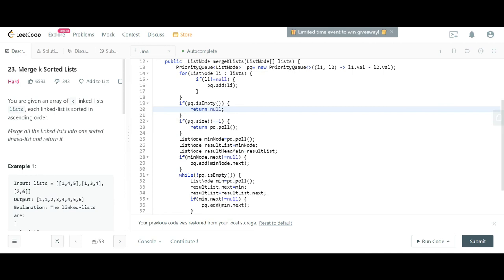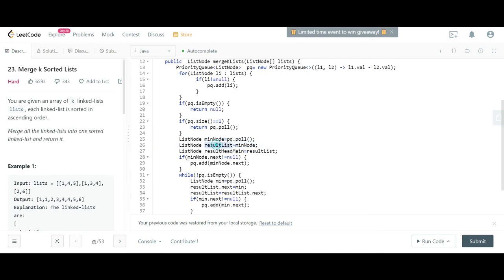Now the actual part will start, where we get the minimum node by doing a pq.poll. Means we pop the first element. So that will be our minimum one from the heap. And we will create a result list, which at the end we have to return, and we assign it the first element we got.